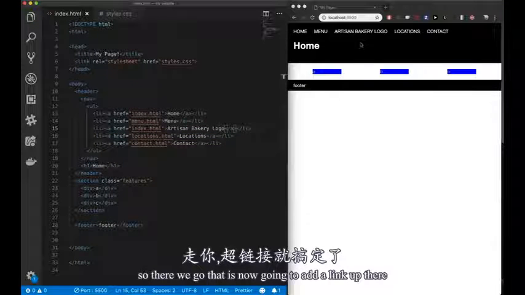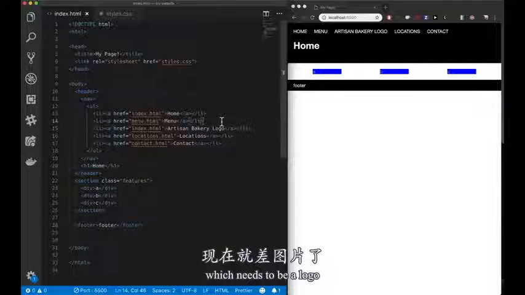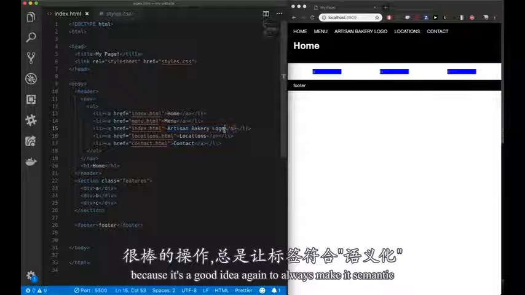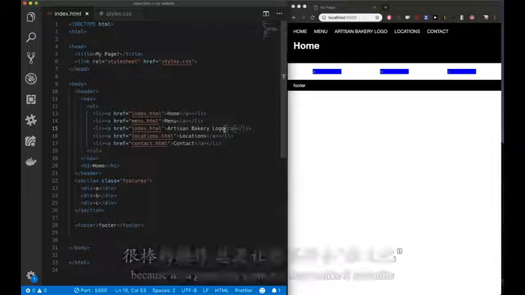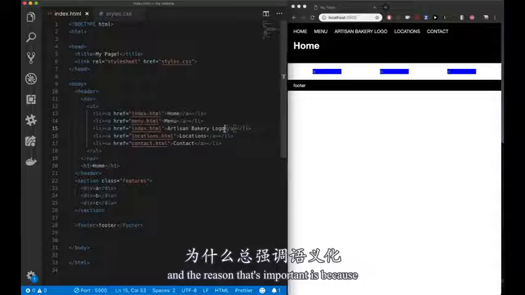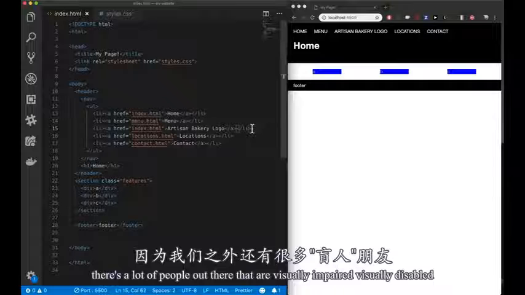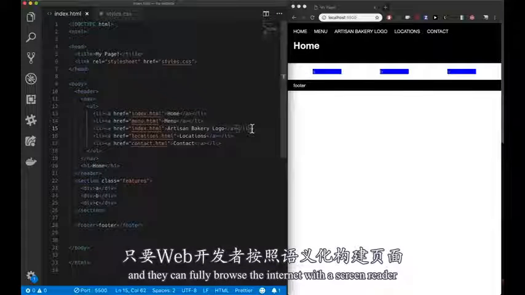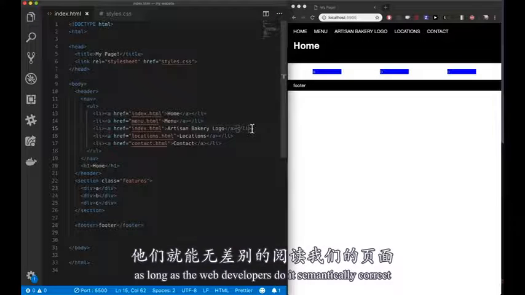That is now going to add a link up there, which needs to be a logo. And I intentionally added this text here because it's a good idea, again, to always make it semantic. It should read like what it actually is. And the reason that's important is because there's a lot of people out there that are visually impaired, visually disabled, and they're going to use screen readers to visit your website. And they can fully browse the internet with a screen reader as long as the web developers do it semantically